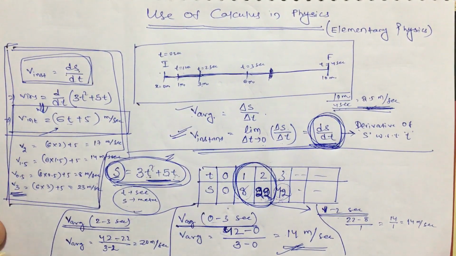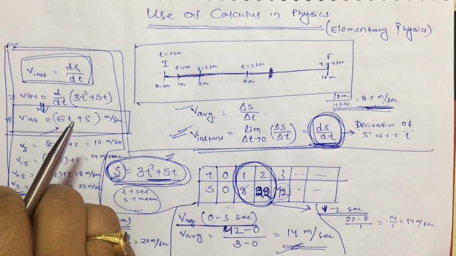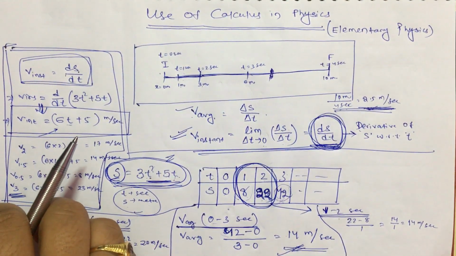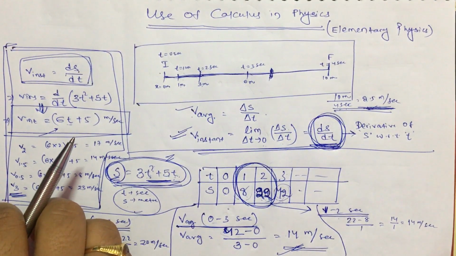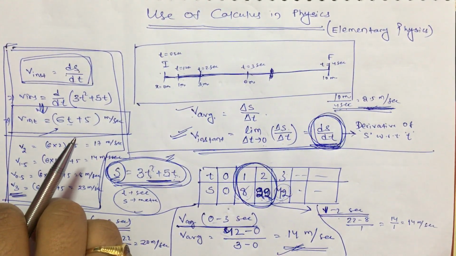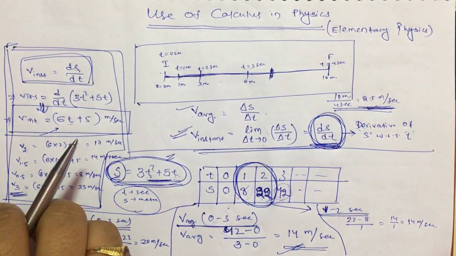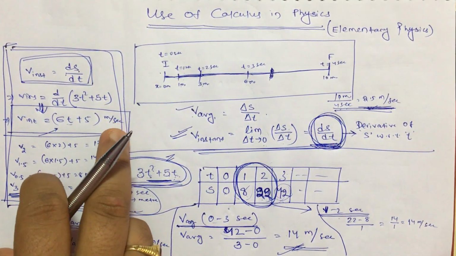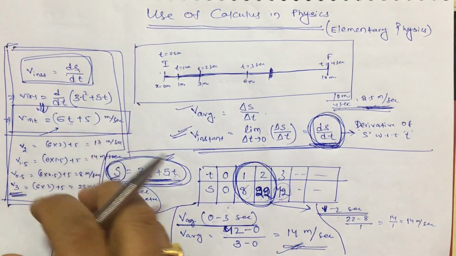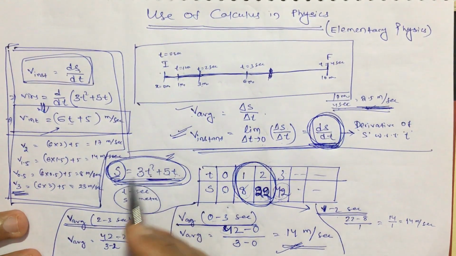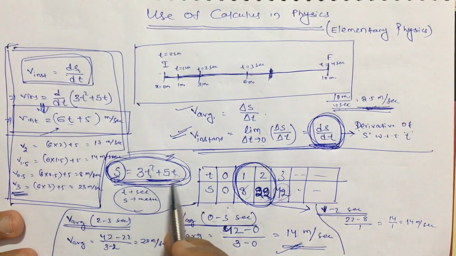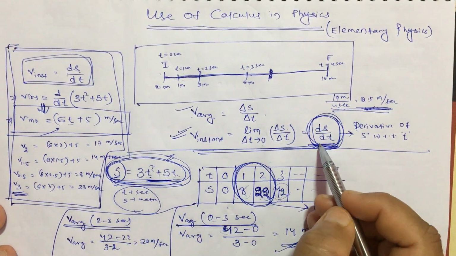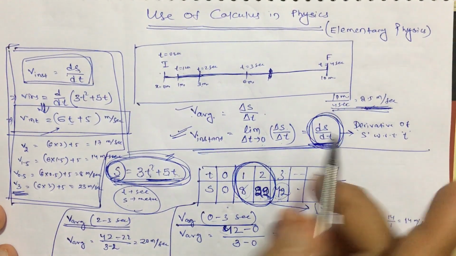So in a real case, like I am moving on an arbitrary road, then I stopped at a shop, I saw my friend, I talked for some time, then I moved with 100 km per hour, then after 3 seconds I come to 50 km per hour, and like that. If I am moving arbitrarily and not following any equation, or my motion cannot be converted into some kind of formula or value of s in terms of t, then you cannot find the answer of this. So that is also an important point.